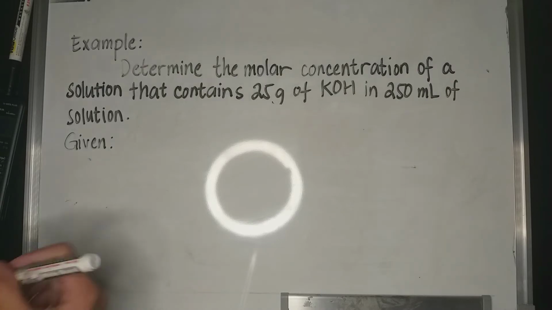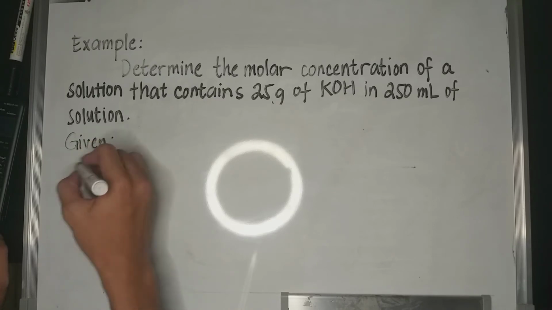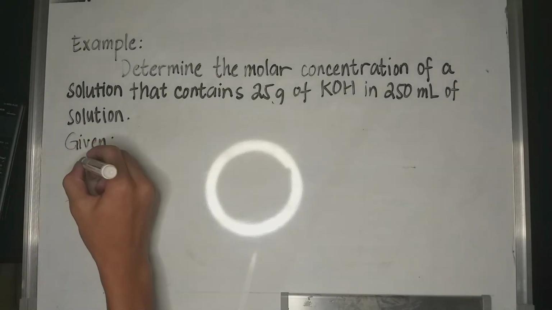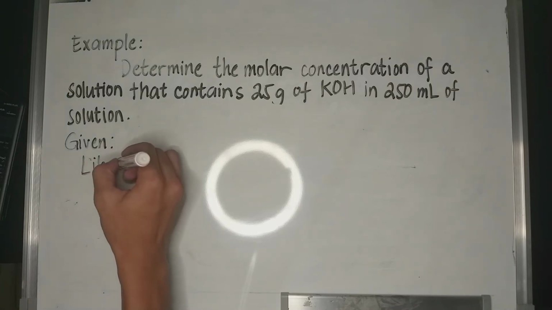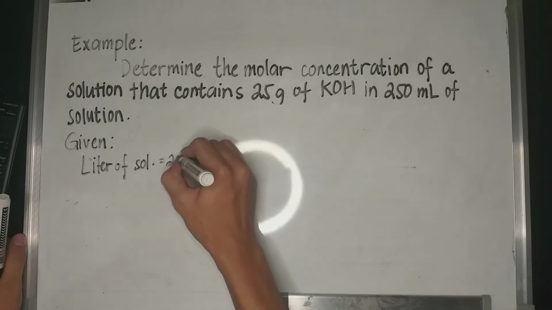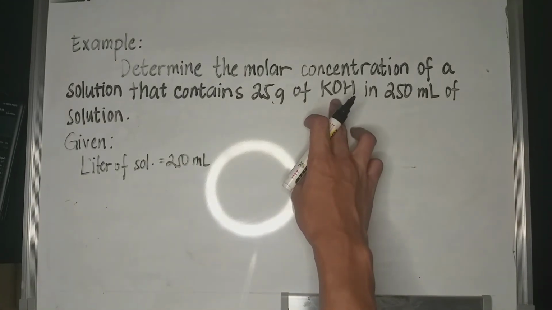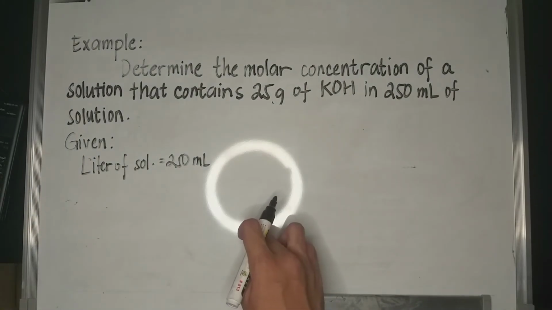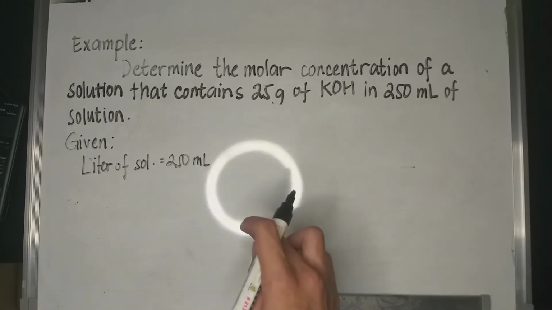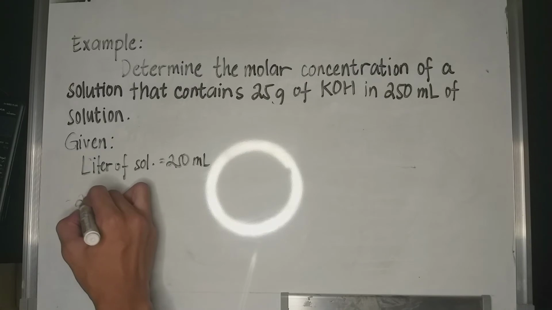So at first, write the given. So the given is liter of solution is equals to 250 ml. Then, we need to find the number of moles. How to find the number of moles? So, we need to find the number of moles of potassium hydroxide because the formula needs to be in number of moles to get the molarity or molar concentration of that solution. So now, 25 grams